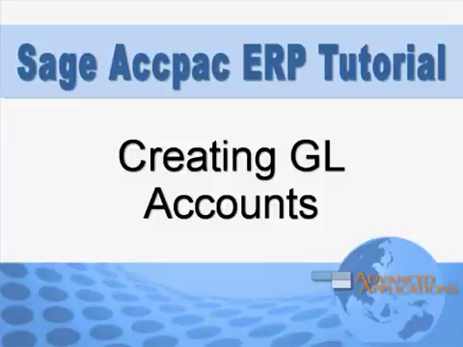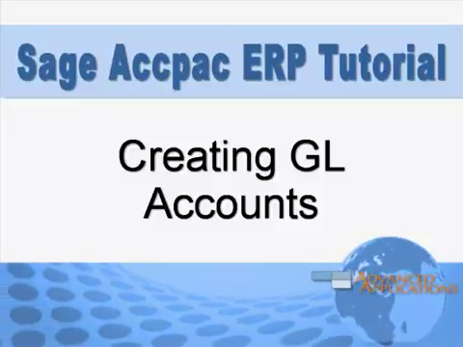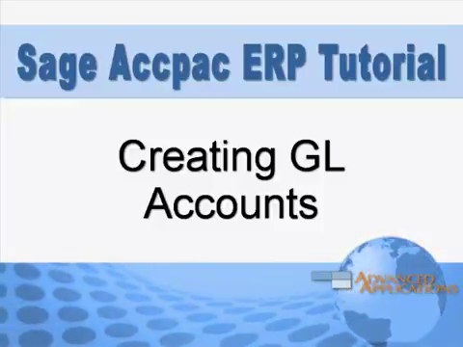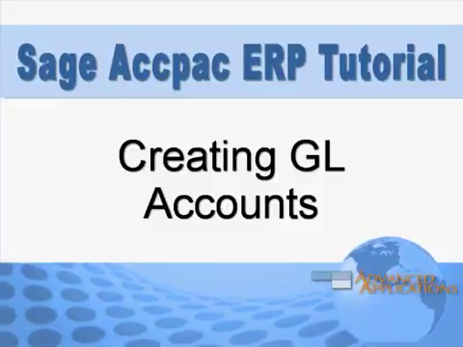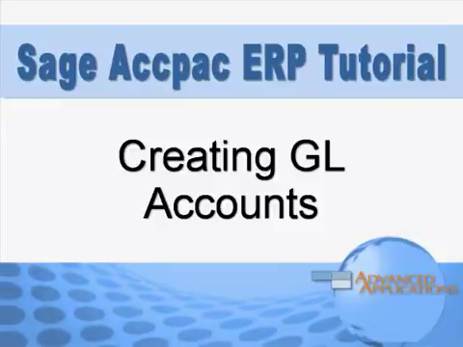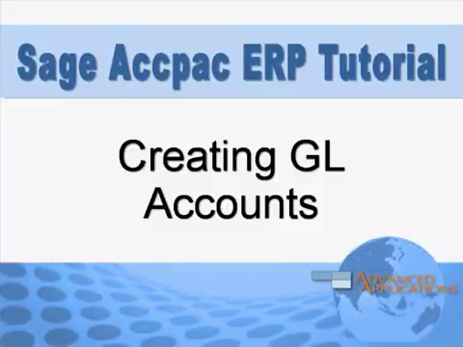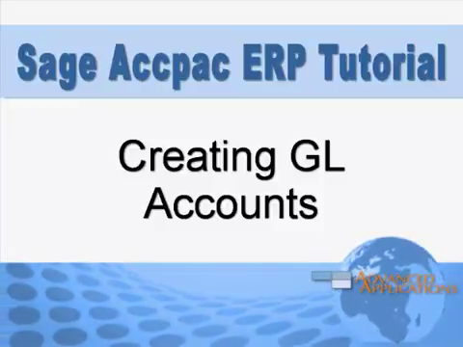Sage Accpac allows you to segment your financial data by parameters that you define. So for example, you might segment your chart of accounts by department, division, and location. As time goes on, you may need to add new divisions, locations, and departments, and accordingly, you'll need to create new accounts for them in your general ledger. In this tutorial, we'll show you how easy it is to add these new accounts to your chart of accounts